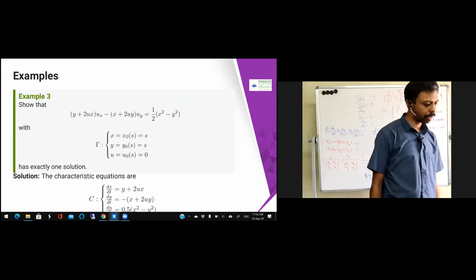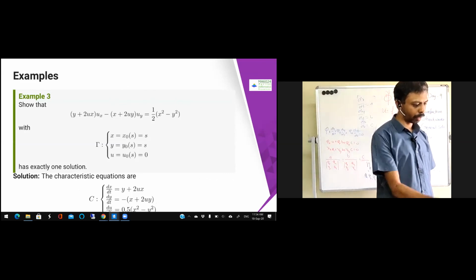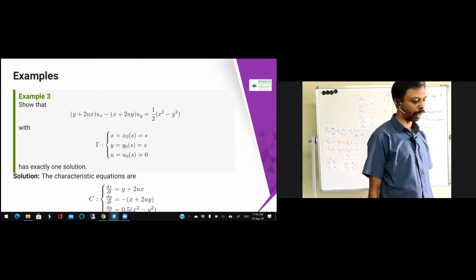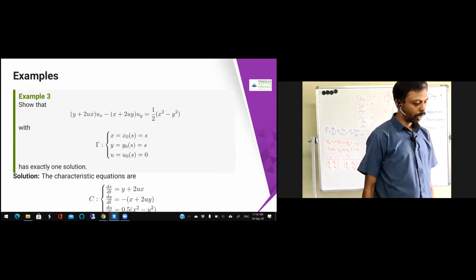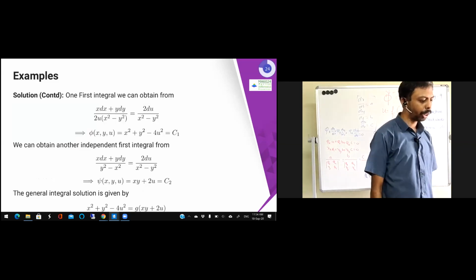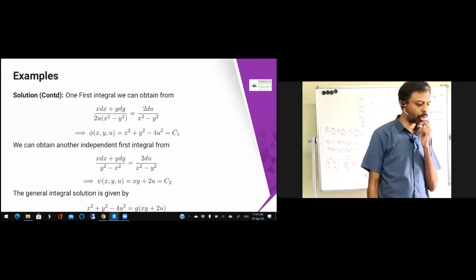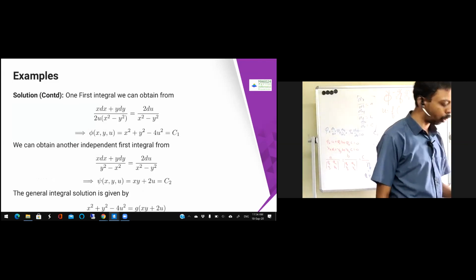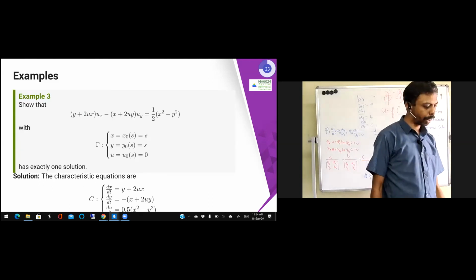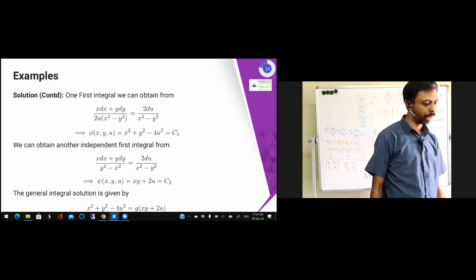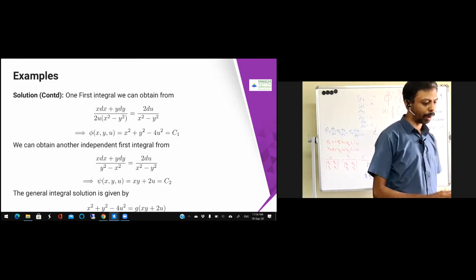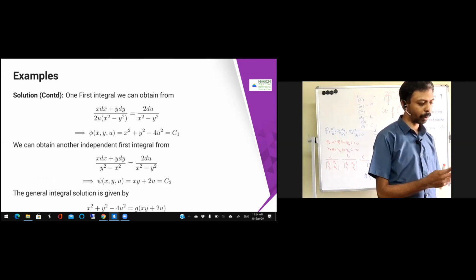So I just leave this problem as an exercise to do. This is very simple. I have differential equations, characteristic systems, and I have written that. What you need to do is find two first integrals, so you have to do some manipulations. Here, dx by dt, dy by dt are there. I'm just adding, multiplying by x and multiplying by y, and then subtracting, and then we are getting this pi of x comma y. Similarly for the second one also, I'm just doing that.